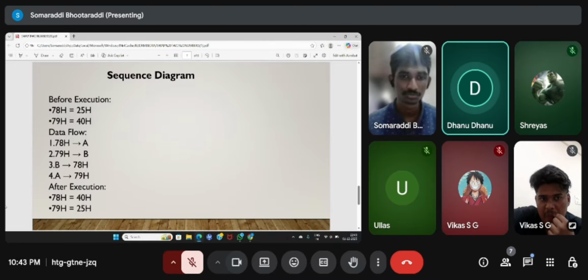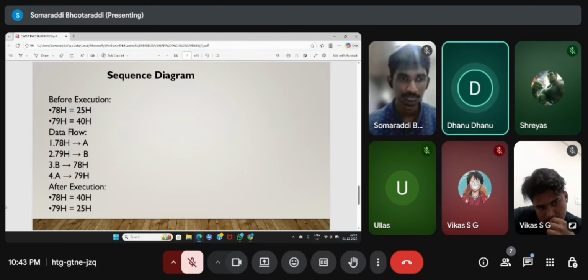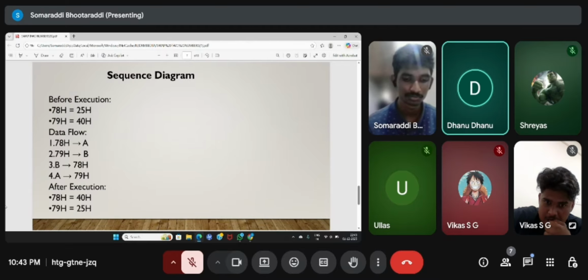In simple words, the values stored in memory locations 78H and 79H have been swapped using temporary storage in